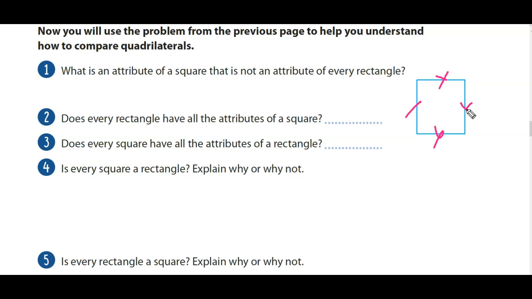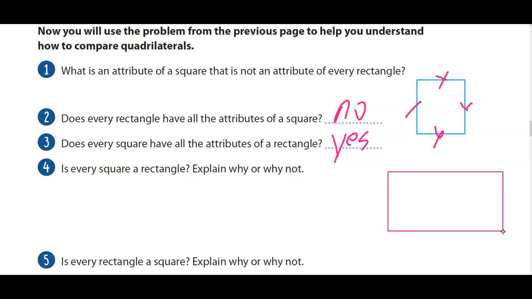Does every rectangle have all the attributes of a square? No, it doesn't. Again, all the sides are not the same length on a rectangle. Does every square have all the attributes of a rectangle? Yes, it does. This is no. So if I have a rectangle like this,